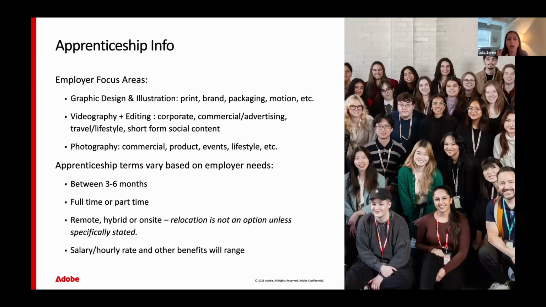Okay, so here are some main employer focus areas for a lot of what we have. Almost 80 employer partners all over. And here's what we're seeing that they want and what they need so far. The first, and I would say the largest, is graphic design and illustration needs. And the needs are going to vary. A few examples you'll see on the slide: print, brand identity, packaging, motion, a lot of social asset creation as well. So if you have any experience with that, I think that is a plus to highlight.